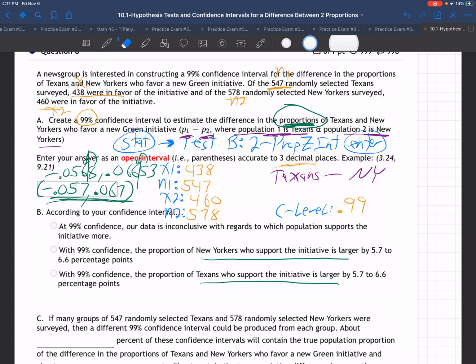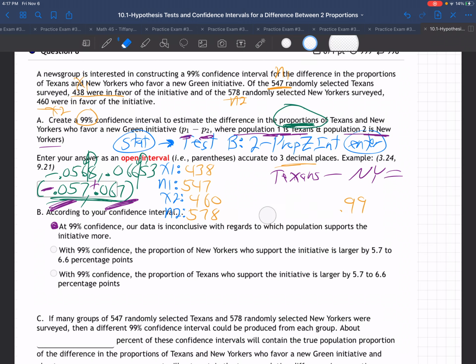Oh, wait a minute. Yeah, I'm sorry. Our answer is right here. Why is that the answer right there? Well, because our answer didn't come out negative, right? Our answer came out between a negative and a positive number, didn't it? See how this is negative and this is positive, which means Texans minus New Yorkers could be, well, what